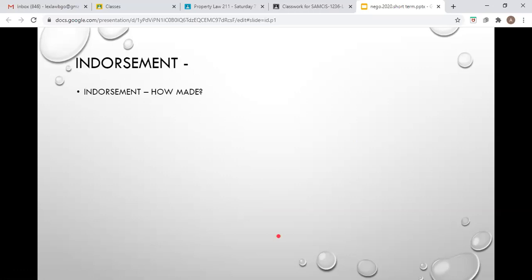Okay? So, how will you make the endorsement? So, negotiation na tayo ngayon. We are now in negotiation. And there are two ways by which an instrument may be negotiated. First is by delivery alone, and the other one is endorsement completed by delivery. Delivery alone is applicable in a situation whereby your instrument is a payable to bearer instrument. So when your instrument is a bearer instrument, all you have to do if you want to negotiate it is to deliver it to another person. You need not do anything. Iabot mo lang, ibigay mo lang, and that's it.